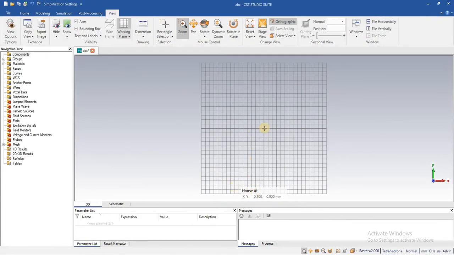Here you will see both have values 0, 0. Up to this position we have x and y as 2 mm. We are on the x-axis, so the x value is 2 mm. Similarly, in this portion both are 2 mm.